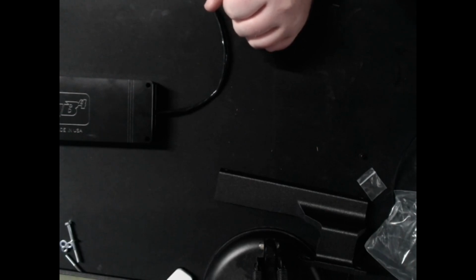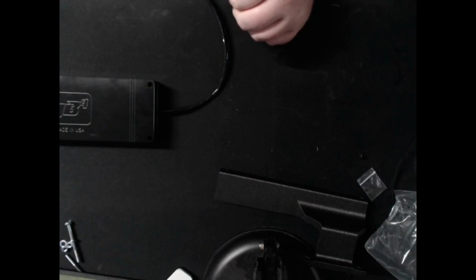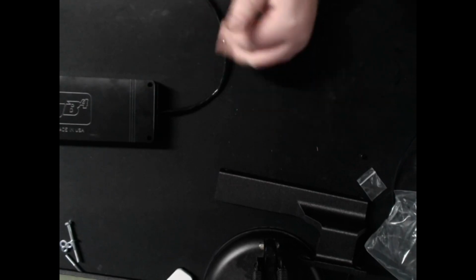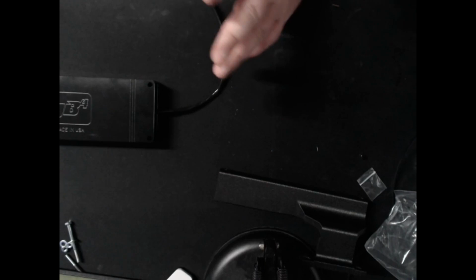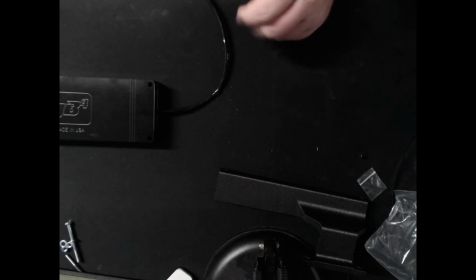Then map 3 will be 6 PSI peak for E30. Then there's map 4, which is 7 PSI peak for E30 with, quote, along with bolt-on modifications. So your intakes, your downpipes, all that fun stuff whenever we do get them. As for now, we don't have any aftermarket parts yet. I will be taking my FA20 downpipe or J-pipe and having my exhaust guy swap off the flange and just